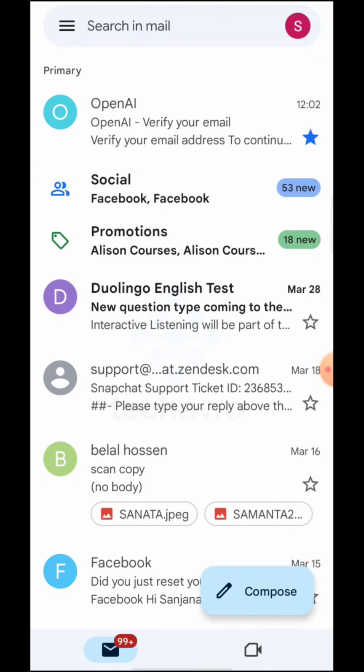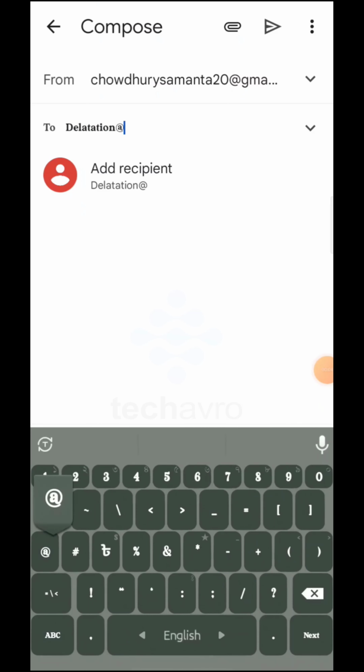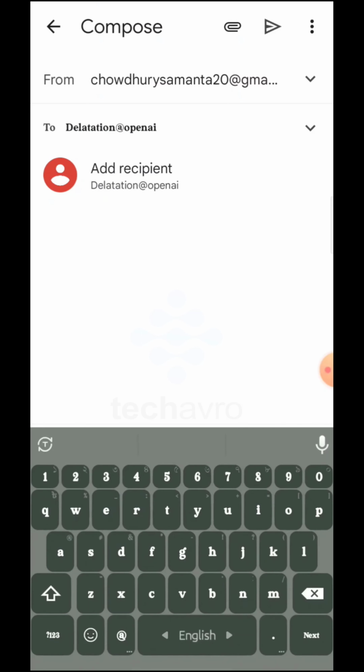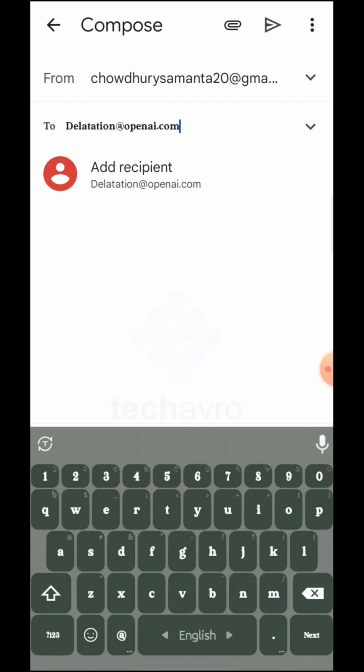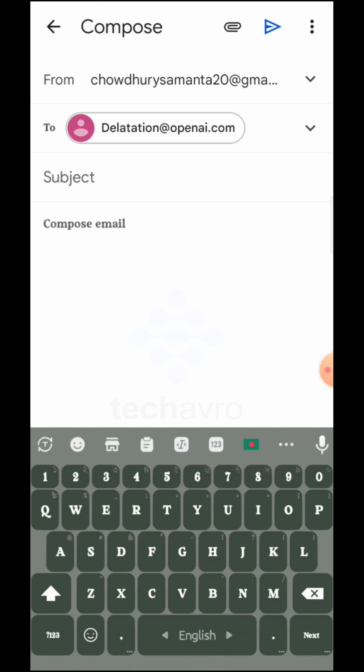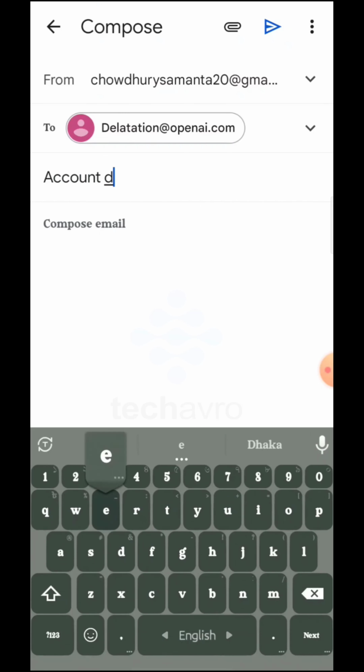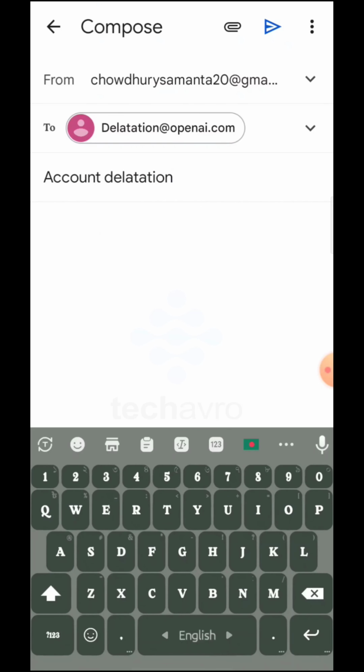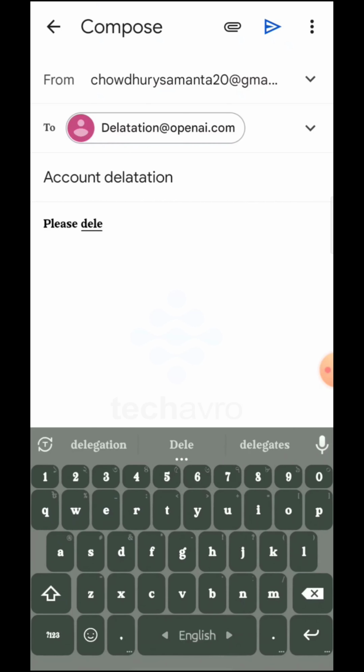Here you need to enter this Gmail account. And in this subject, what you need to write is account deletion. And in the next compose section, you need to write please delete my account,